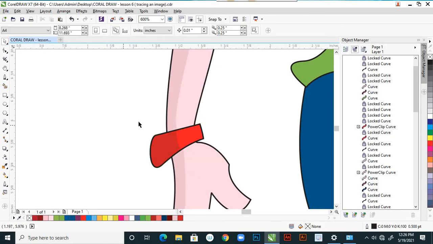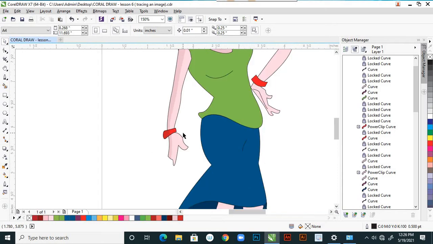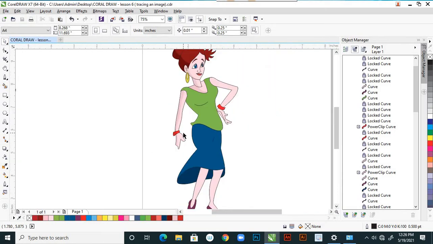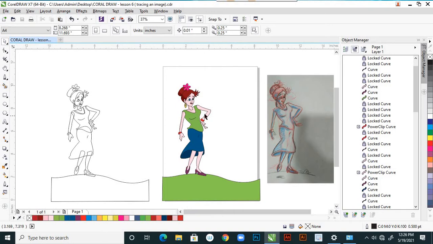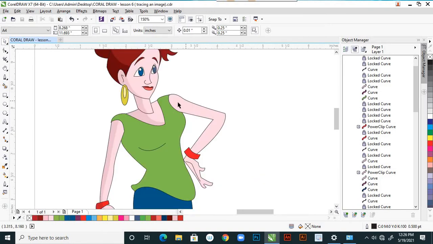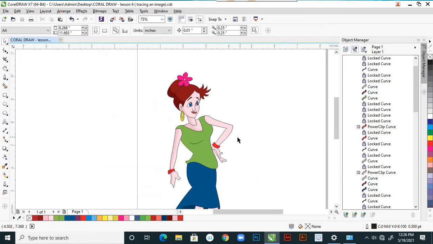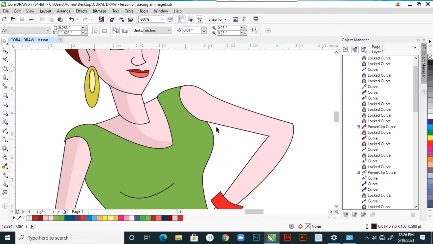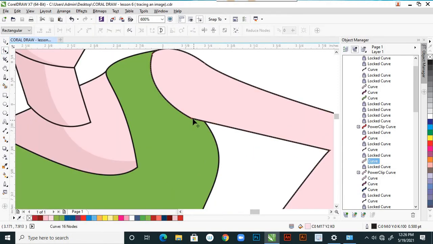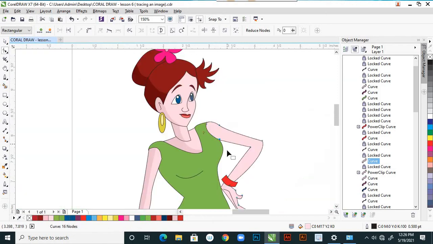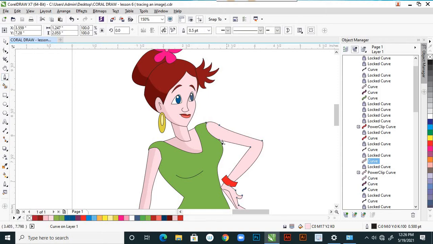Yes. Perfect. So Control S. Yeah, here I want to adjust this point here, right? Yes, Control S. And now I'm using this pen tool